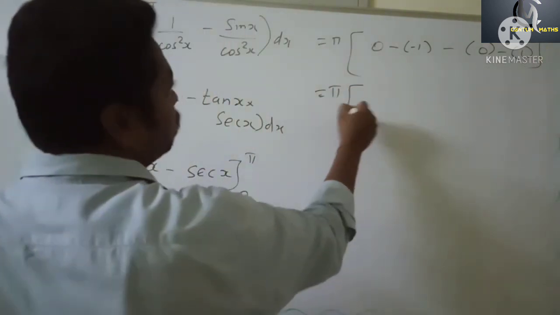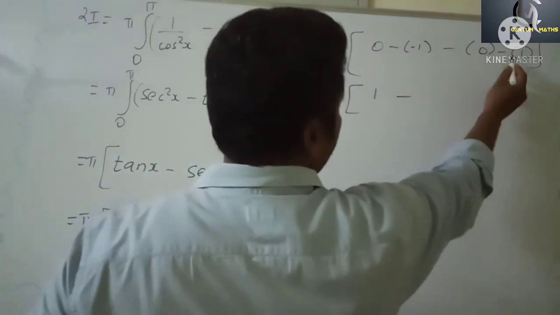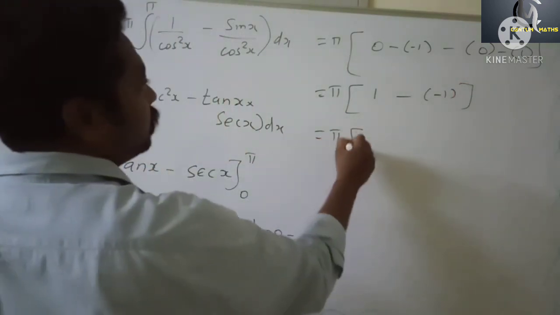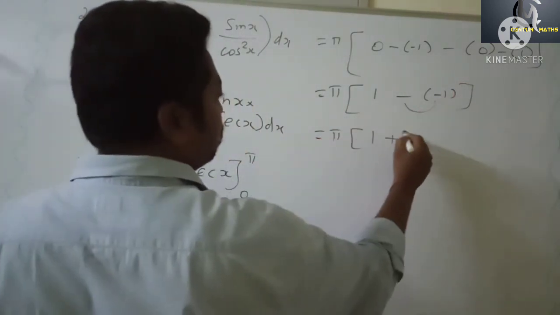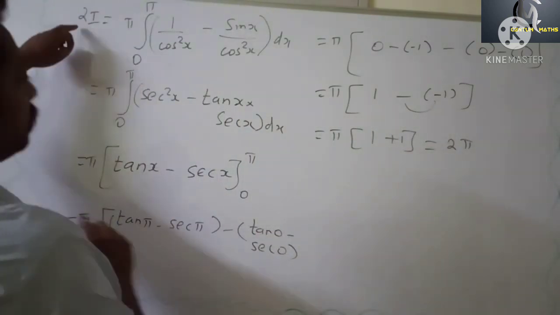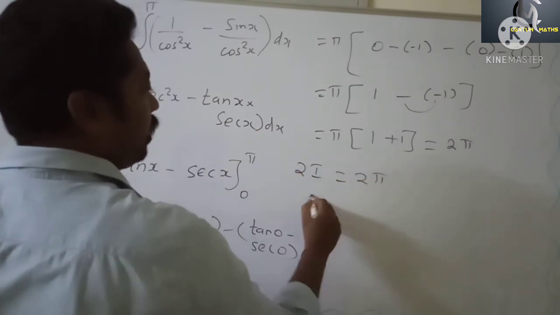So pi remains outside, minus of minus 1 plus 1, then it is 0, here minus 1. Okay. So pi into 1 minus of minus is plus, so it becomes 2 pi. So 2I equals 2 pi. So I becomes